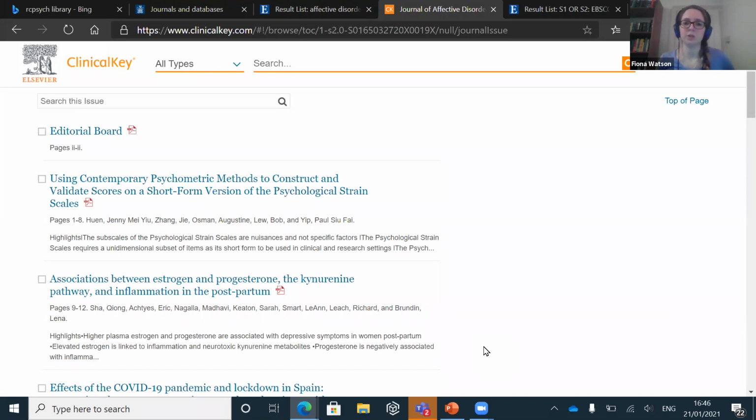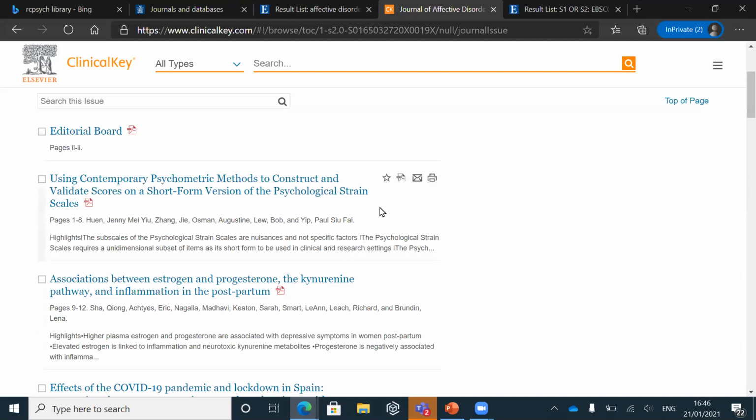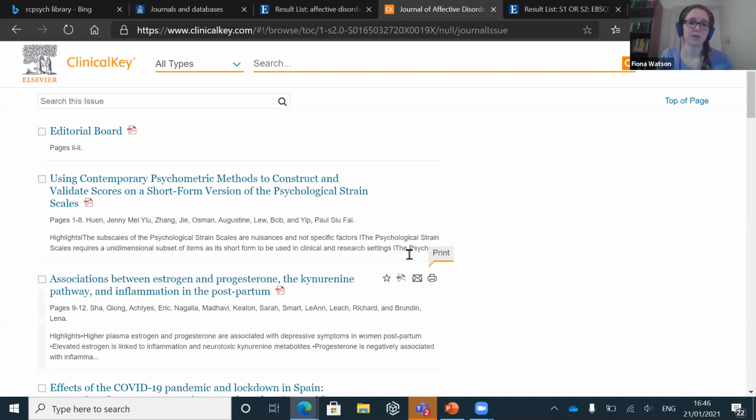If you're doing a systematic review, or you wanted to be extremely thorough for some reason, then yes, you might want to do it on your different logins to pick up absolutely everything. But it's worth checking with me or with your NHS librarian if you're not sure exactly what additional resources you'll get access to, to save yourself just duplicating work for the sake of it. Great, thanks, Fiona. Okay, so that is how you access a journal.